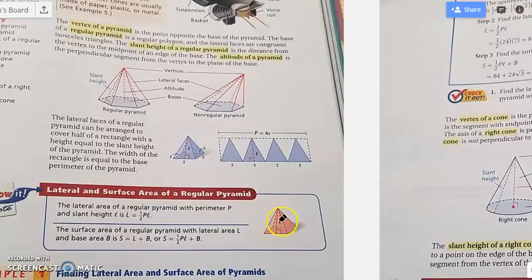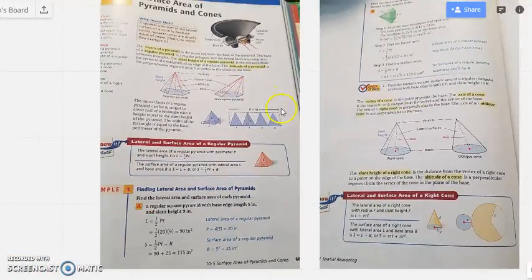And if you want the whole surface area, you just need to add in the area of the base at the bottom. That's what that B is. So you can read over this just to feel clear, but that's the gist of it. Going over here, we have this section on a cone,